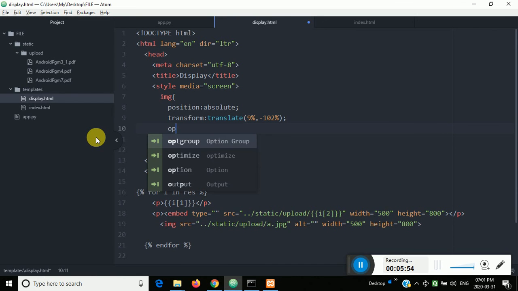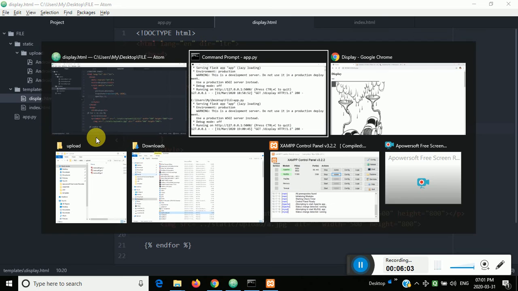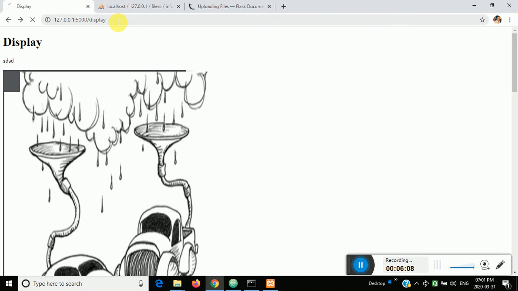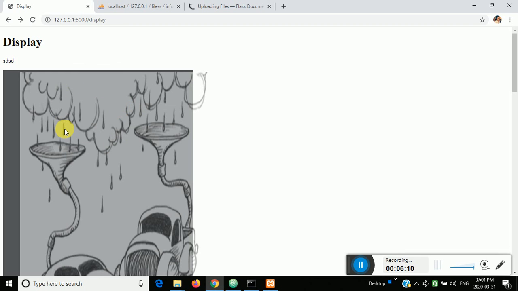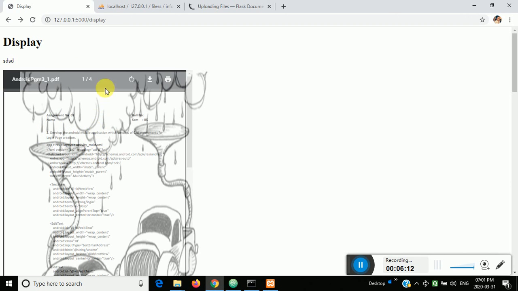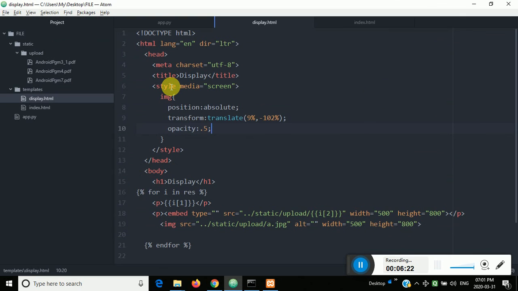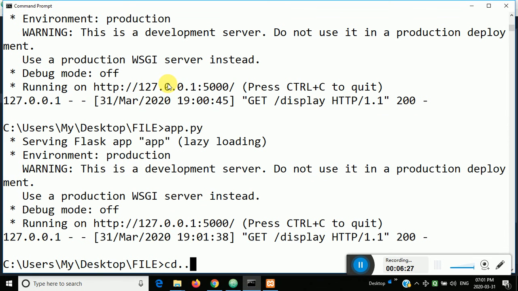and after that what I'll do, I'll make that opacity 0.5 just for your understanding purpose, and I'll run the file. See, the opacity is now little bit light, okay, and I can't click on that. Once again what I'll do, opacity is 0.5, I'll put 0 now. Once again I'll run it.